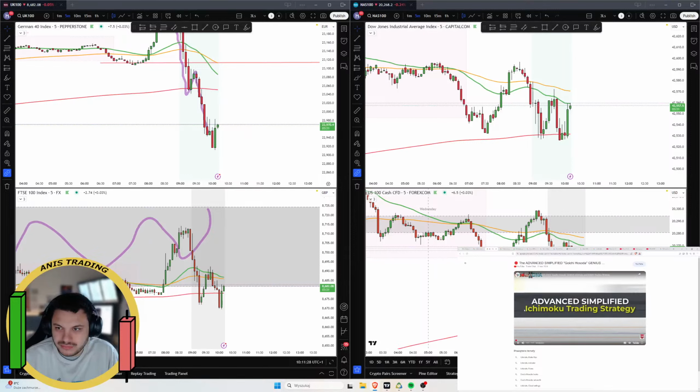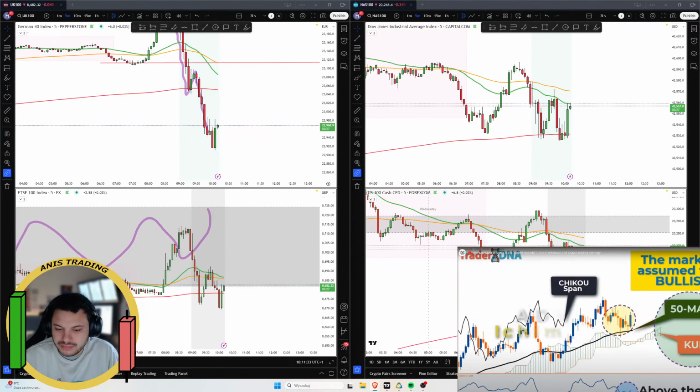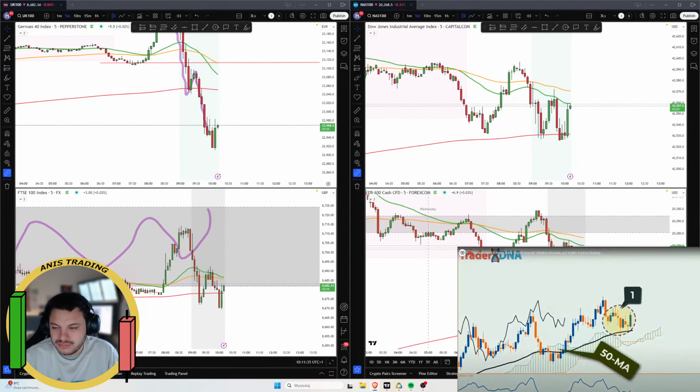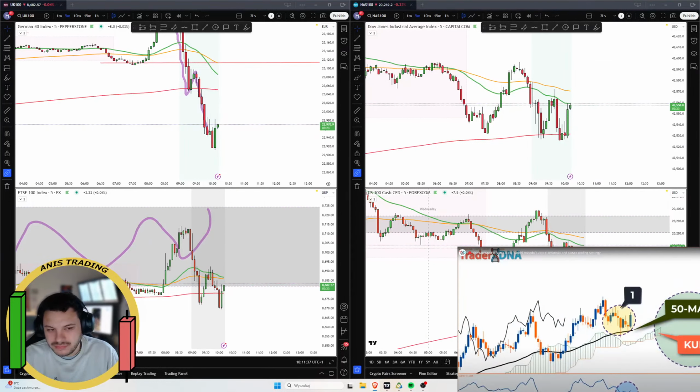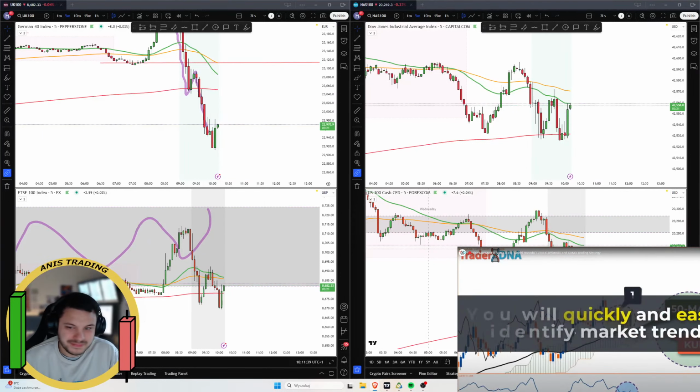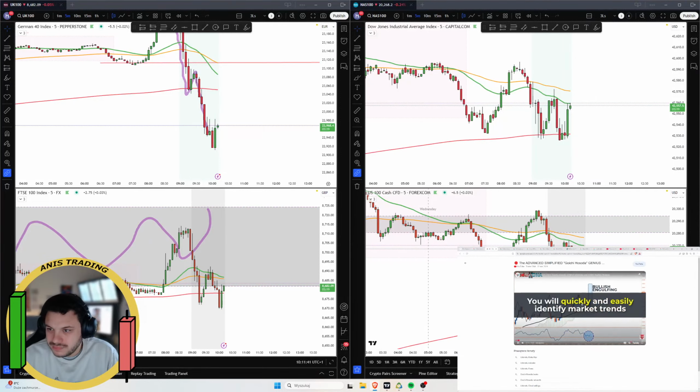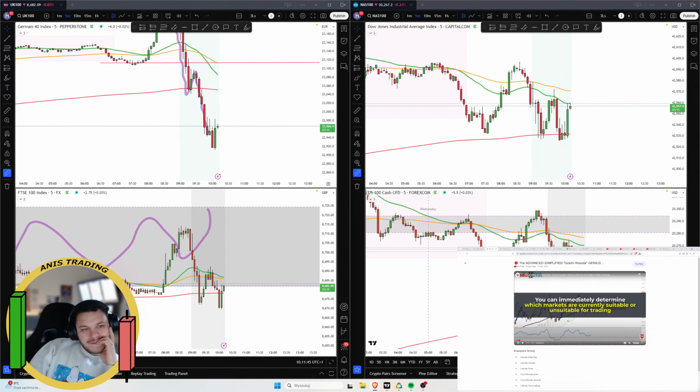Strategy. This is one of the most effective trading strategies as it analyzes all the necessary technical market conditions that every trader needs to consider before opening a position. In this strategy, you will quickly and easily identify market trends. By using this strategy, you can promptly determine which markets are currently suitable and unsuitable for trading. Therefore,